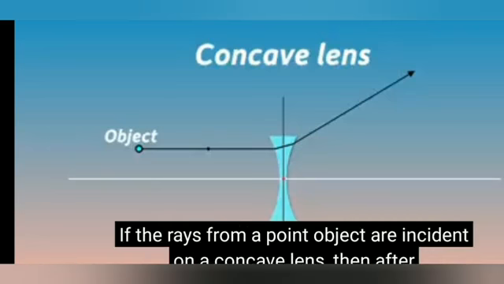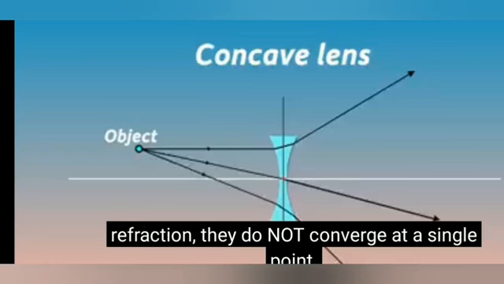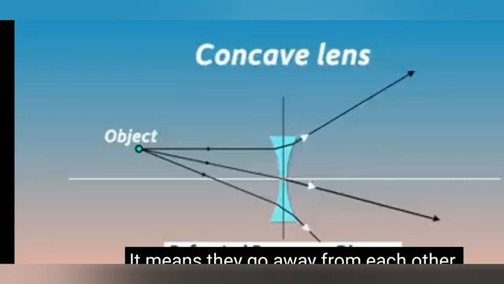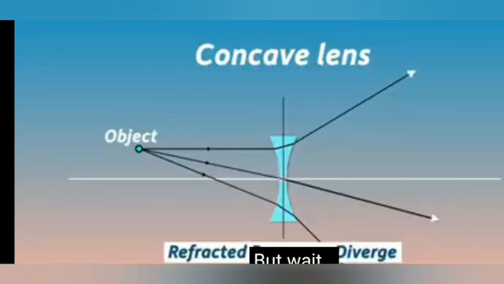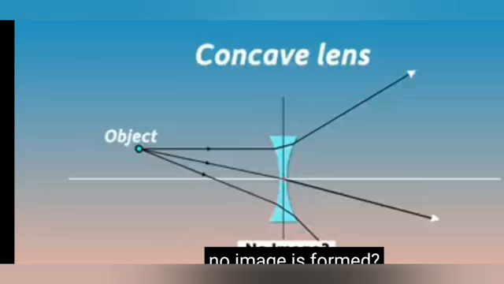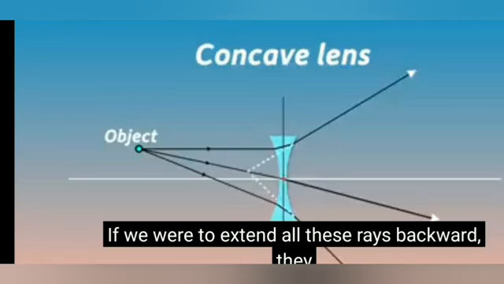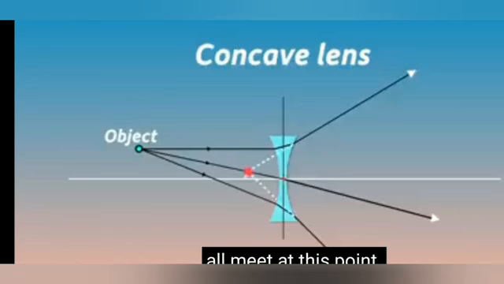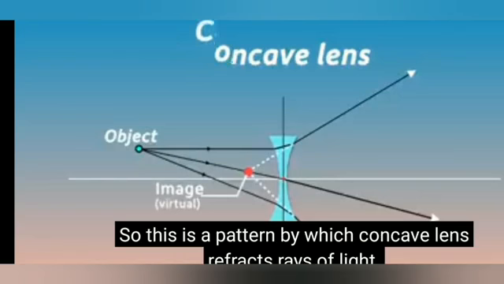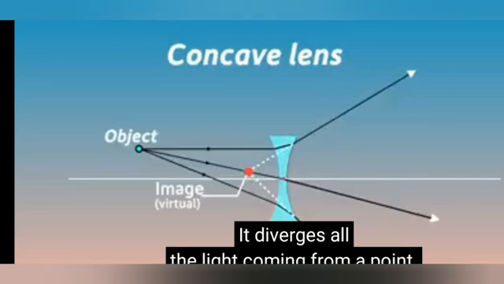If the rays from a point object are incident on a concave lens, then after refraction, they do not converge at a single point. These refracted rays diverge. It means they go away from each other. But wait, since they do not intersect at a common point, does that mean no image is formed? Well, the image is formed. If we were to extend all these rays backward, they all meet at this point. The virtual image is formed at this point. So this is a pattern by which a concave lens refracts rays of light. It diverges all the light coming from a point. Hence, it's called a